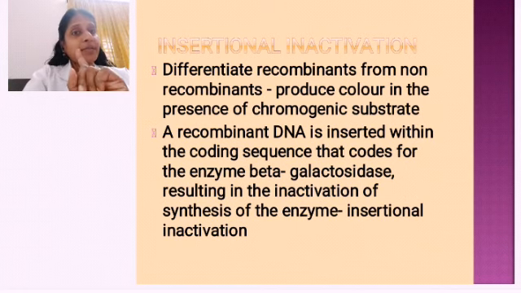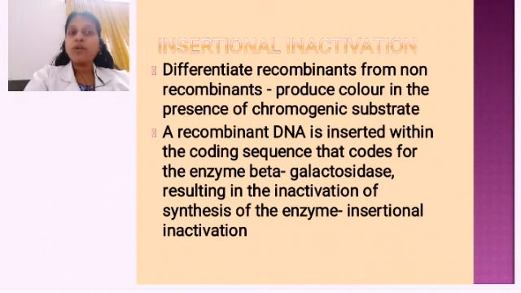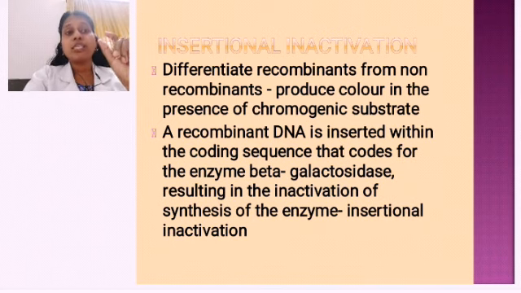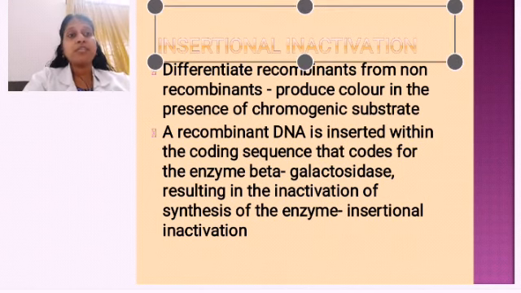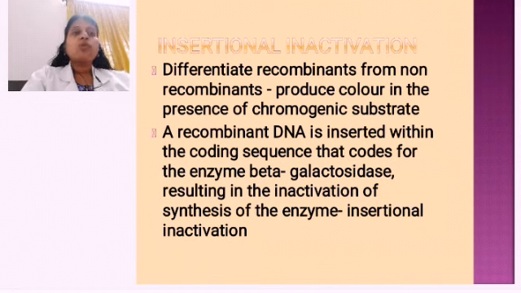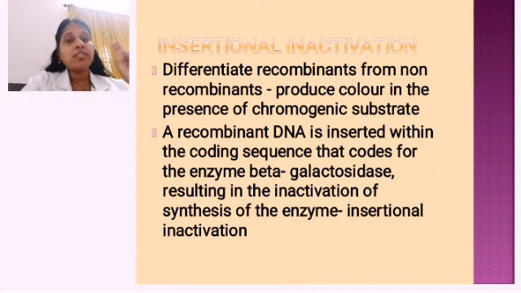What is the function of the marker? I told you it helps in differentiating the recombinant, the one which has the foreign DNA, and the non-recombinant, the one which does not have the foreign DNA, with the help of a chromogenic substrate. What do you mean by chromogenic substrate? Chromogenic, like chromoplast you have learned, color producing, isn't it? So this chromogenic substrate is what? A color producing gene which is present in the bacteria. The vector has a color producing gene which codes for a particular color. An example is beta galactosidase, an enzyme which is produced by a certain sequence of gene.